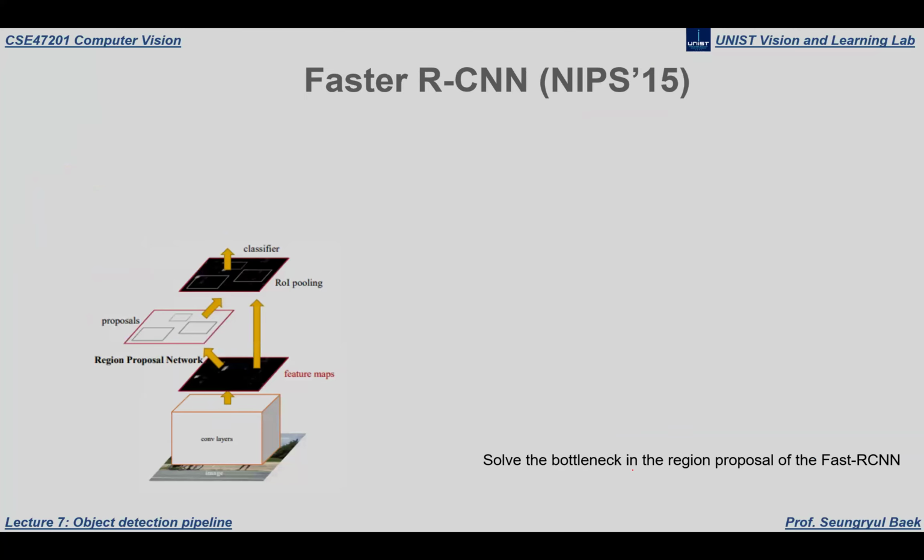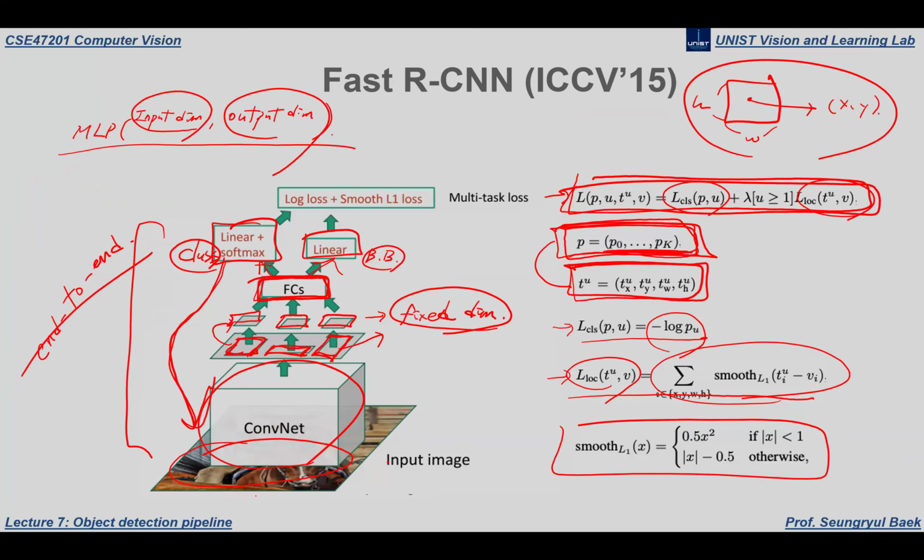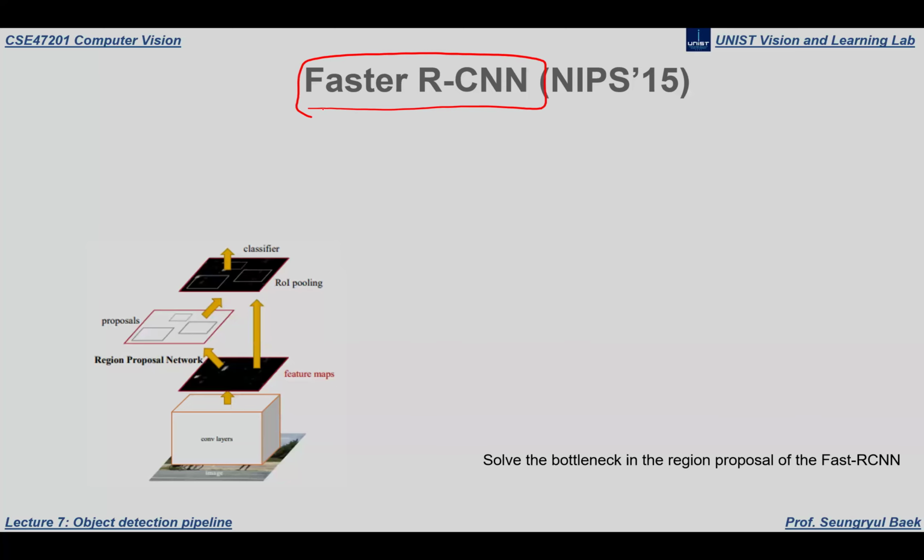And at the same time, thanks to this idea of applying the CNN operation one time, we can greatly reduce the time complexity as well. So this is one of the successful object detection algorithms, which is called fast RCNN. But 6 months later,